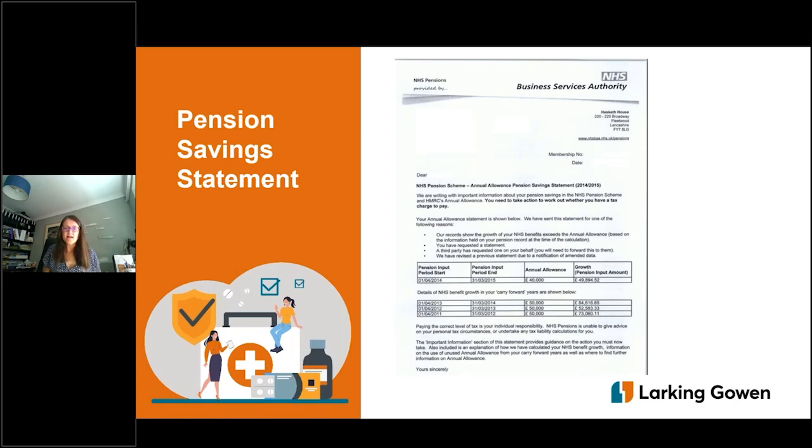So yeah, I think that kind of covers off where you'll get the figures from, or eventually, and what they might look at. But whenever you get any letters from the pensions agency, I'd urge you always to send them to us, to your accountant, to check and make sure that there's no action that needs to be taken. So